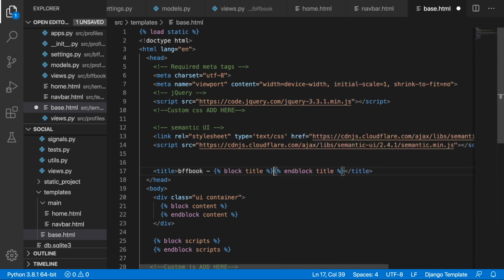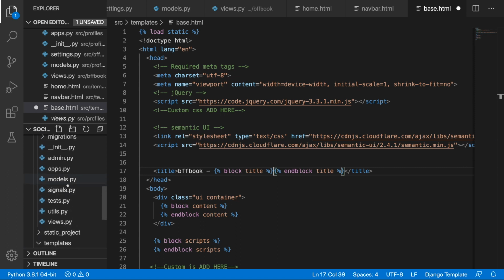Okay. For about, we are going to put in about, and so on. And the same is for the block content. We are going to put in some maybe unique content in this block content block, and for the block scripts, here is the part for the JavaScript. Alright, so we can actually inherit right now at home HTML from this base HTML, but first let's head over